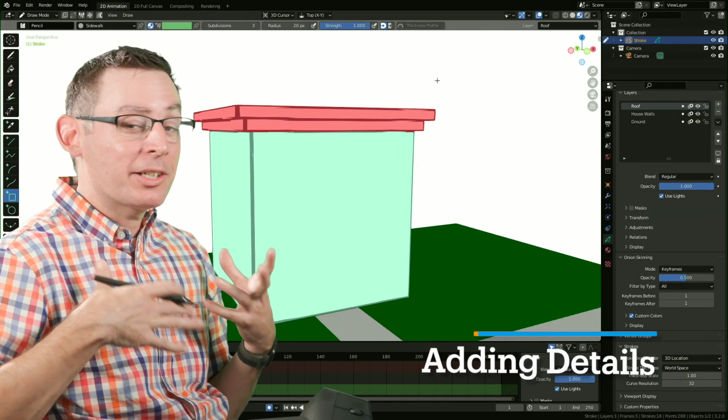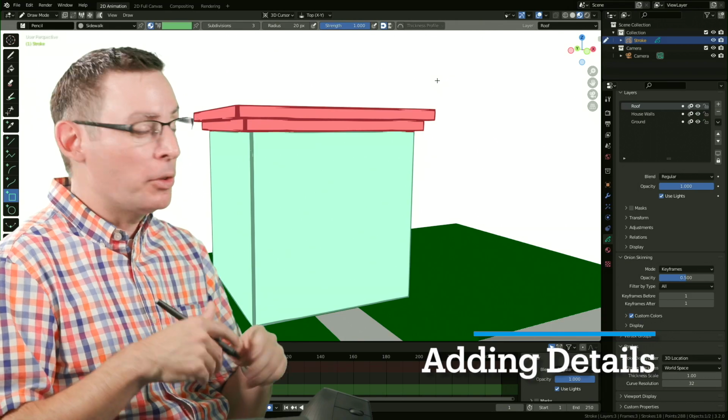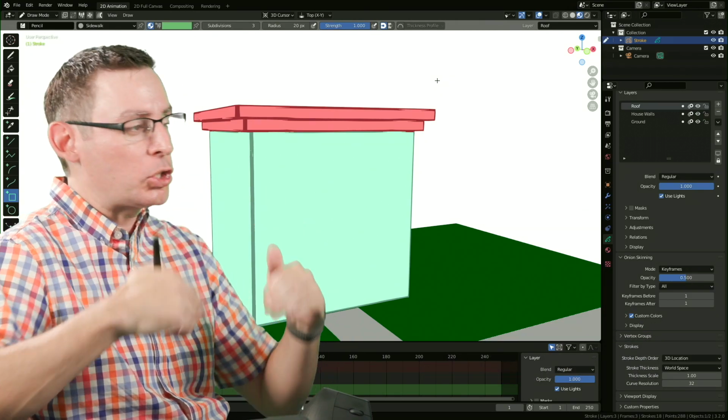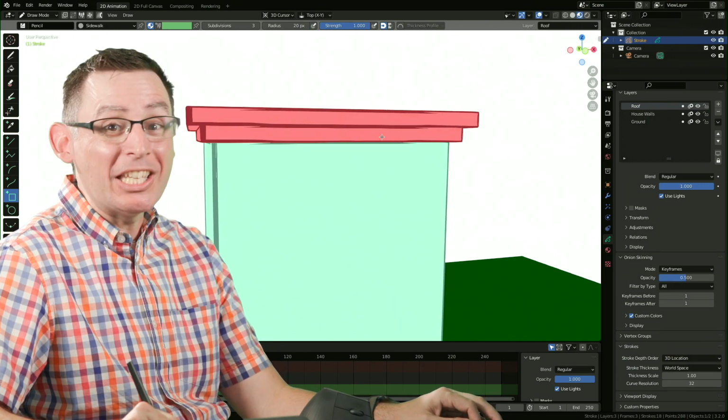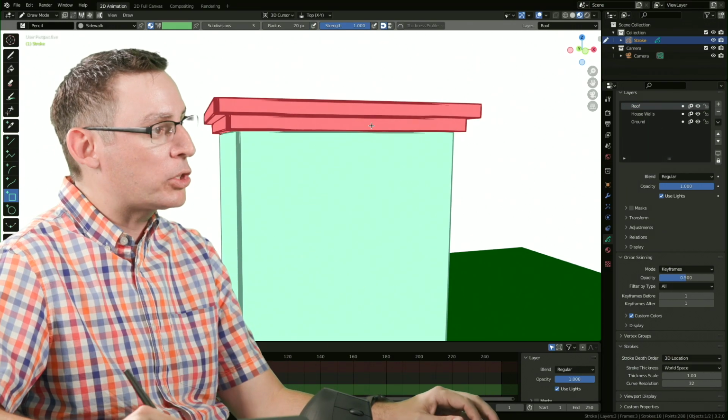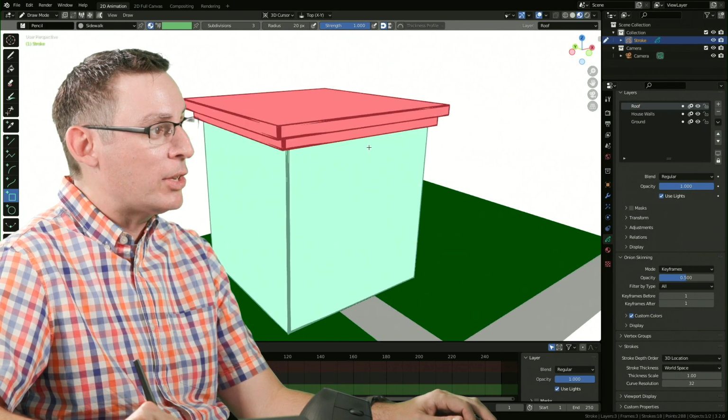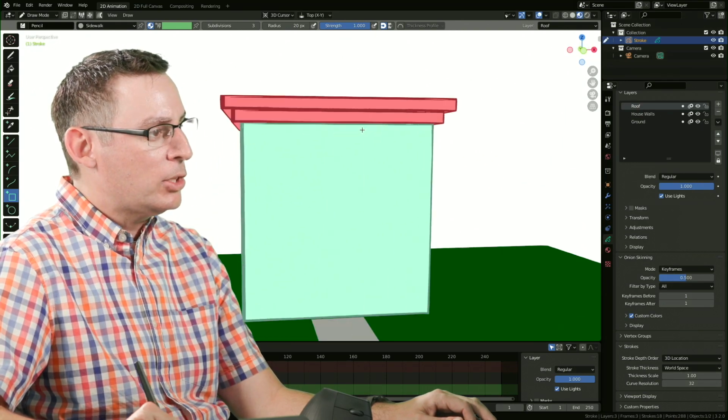I'm excited to go in and start adding some details on my little house here. And the first thing that I want to accomplish is trying to get a nice little sloped roof. I want to kind of go with that classic little house feel. So it's really easy to do that just by moving some of the verts on our strokes around in 3D, which is going to be pretty neat. So this is what I got so far.